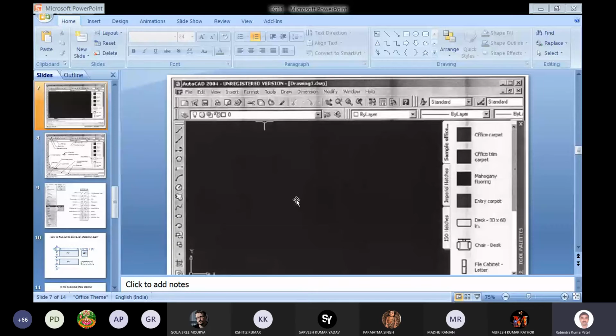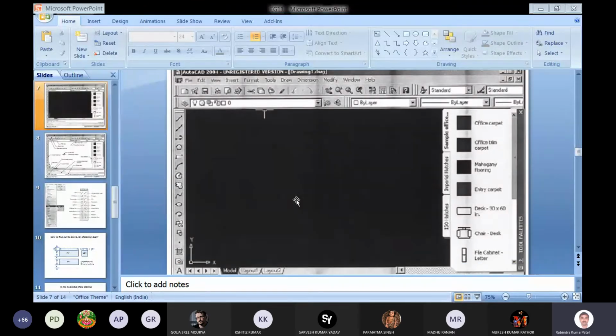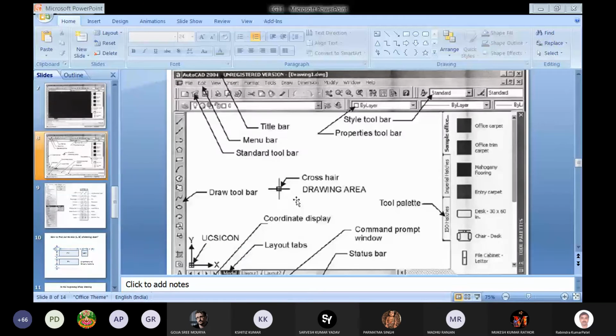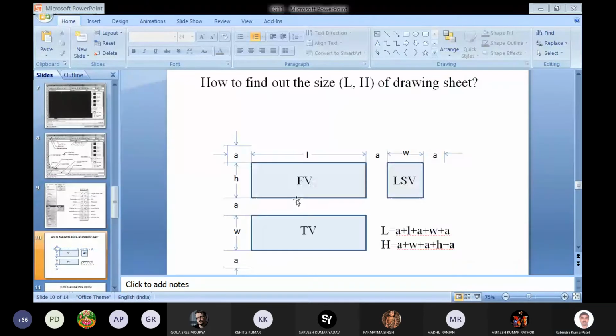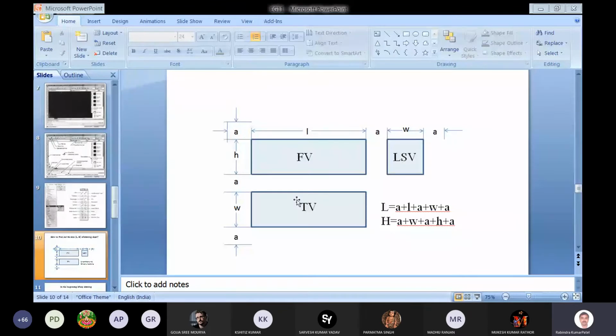In this case, the AutoCAD, as you practice, you will learn more, because here you will explore newer and newer commands and their use. So that's all about this introduction of the AutoCAD. If you have questions, please ask.